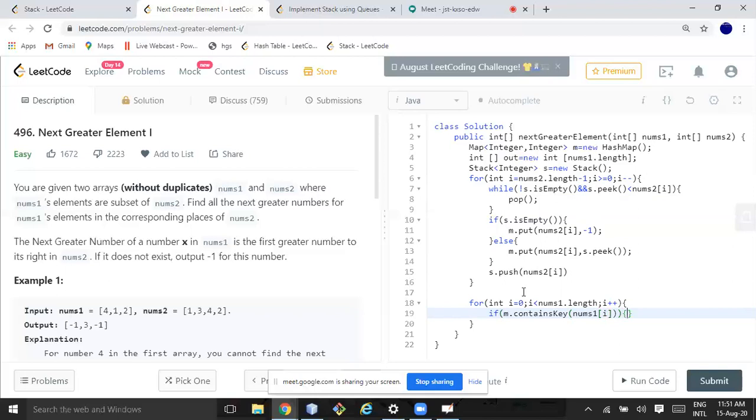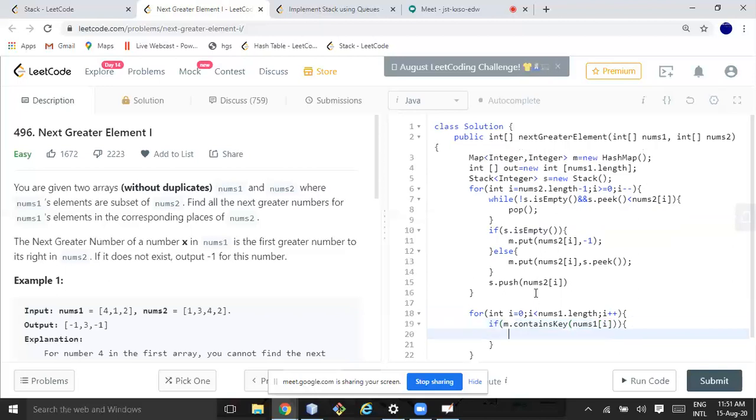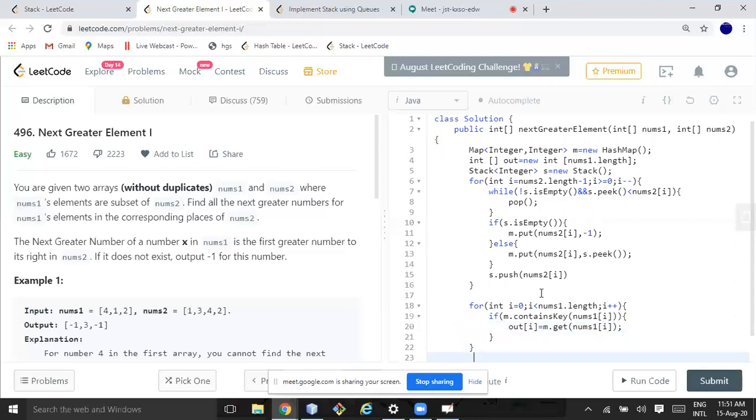If that is the case, then I will be adding out of i equal to m.get nums1 of i. And after that, this for loop is over, then I'll return out.